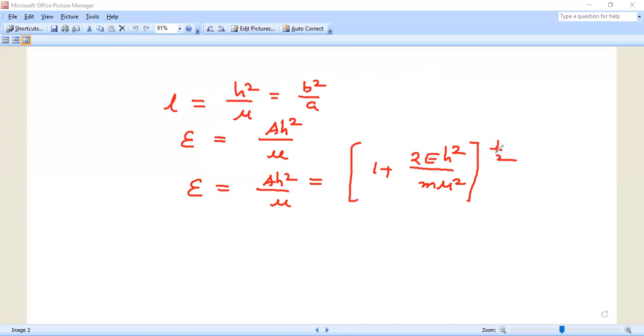So this is the expression for eccentricity of the conic section. Right. e is equal to 1 plus 2E h square by m mu square, mu equal to capital G capital M, substituting that, G square M square, whole power of half. Right. So in this, we know from the properties of the conic section,